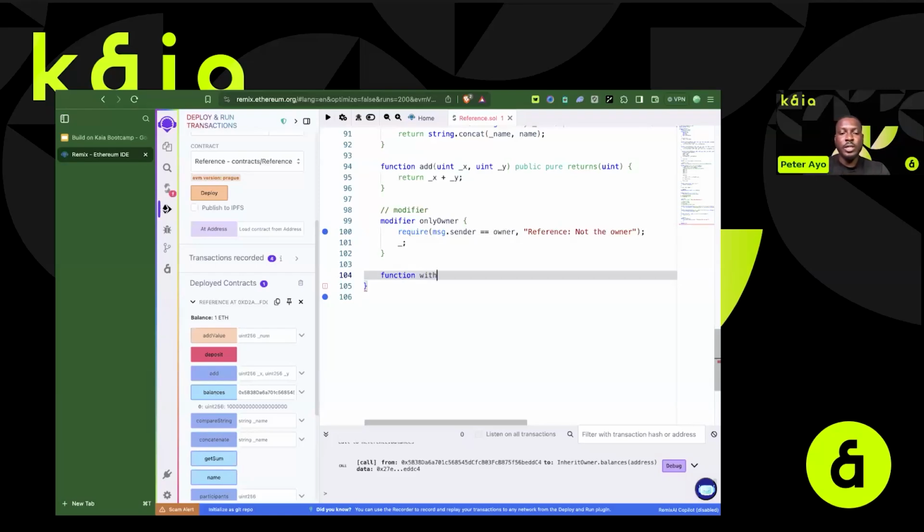Function withdraw, right? And let's set this to public. And so now using our onlyOwner, we have to set onlyOwner. Now we've declared the instance of our modifier. Now this is us using our onlyOwner, right? And we want to do